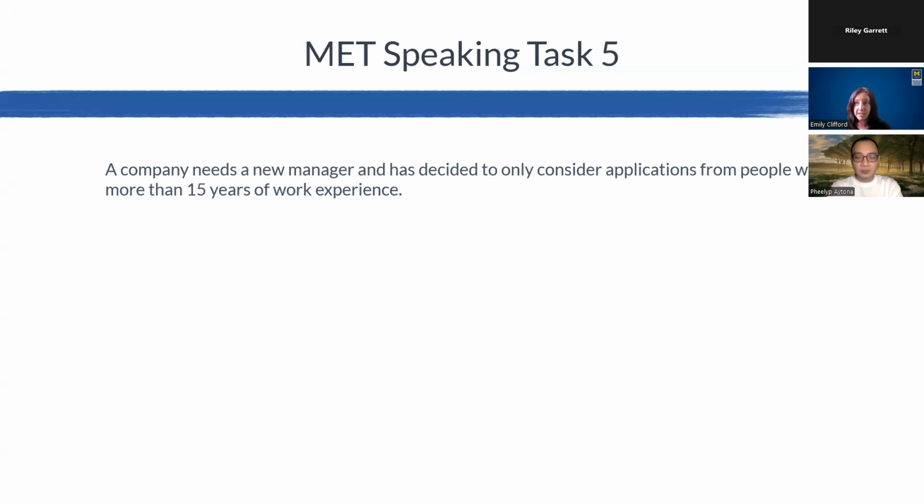And then the prompt will usually give you some indication. So in this example, some people think this is a bad idea. It doesn't say why, but suggests that there are two sides to this. Then there will be a sentence that tells you who you are speaking to. So this is usually a person with some authority, a decision maker, or someone who has some say in the decision. Or it could be a person who has authority over you, so perhaps you're speaking to your boss or a teacher or a school principal.